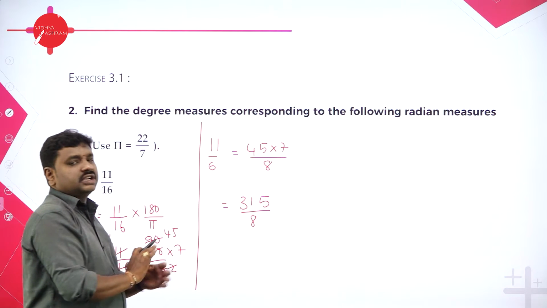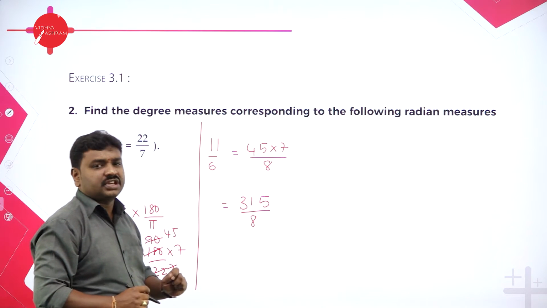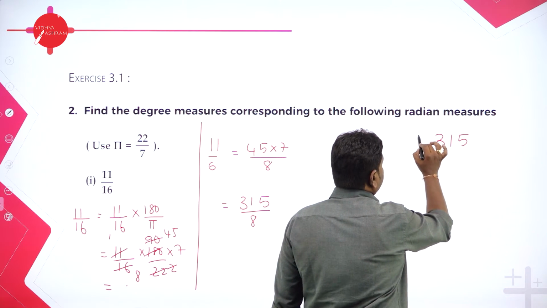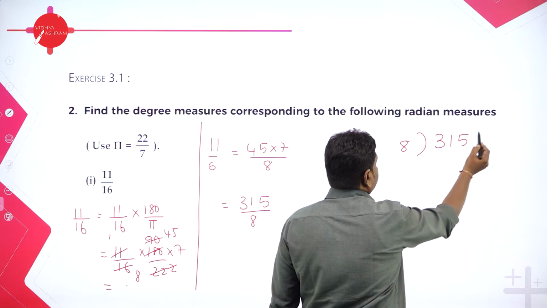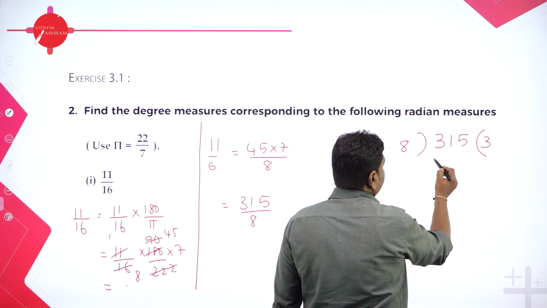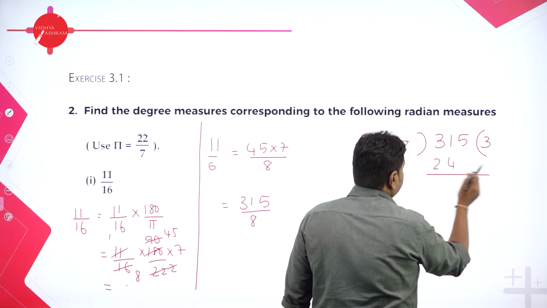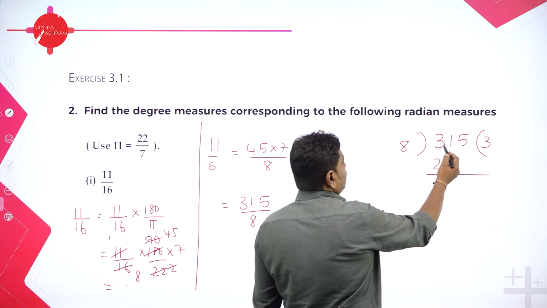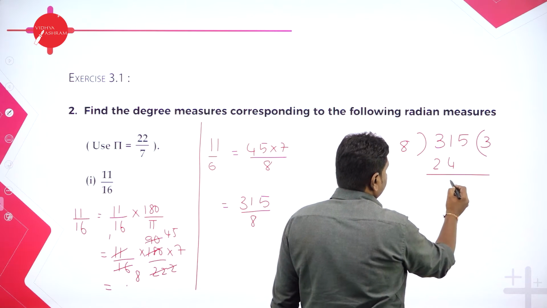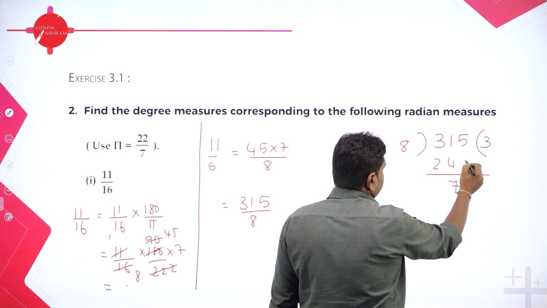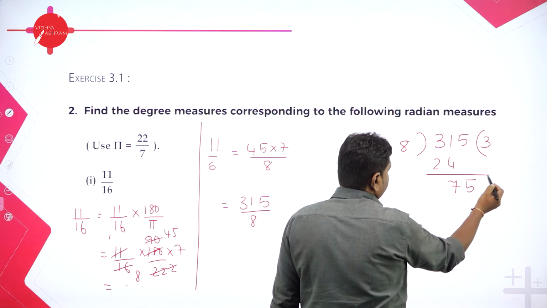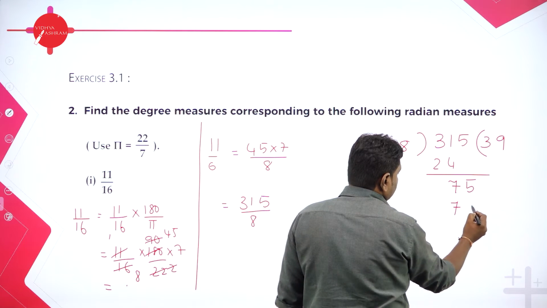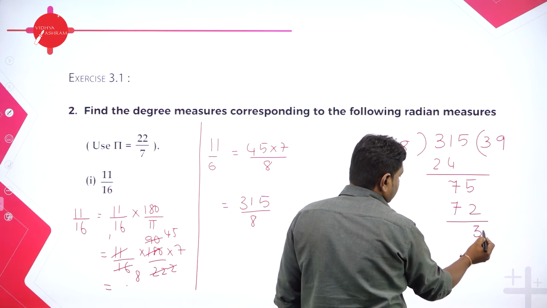So till this part it is easy. Now what you should do? Use the division method. Now 315 is not divisible by 8, so keep dividing it by 8. All of you know 8 3s are 24. Take the remainder. First two digits I have taken. So you know the division. Keep dividing it. So 31 minus 24 gives you 7. And take this down, it will become 75. Then 8 9s are 72. Now we'll get a remainder. What is the remainder? 3.